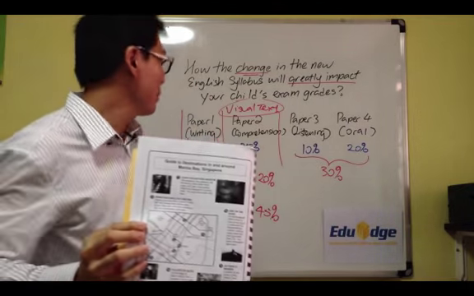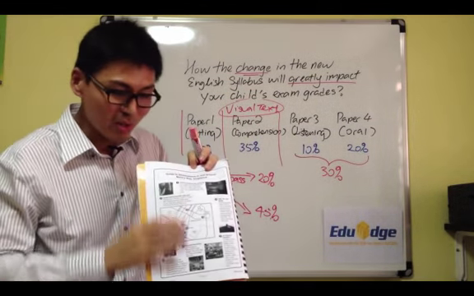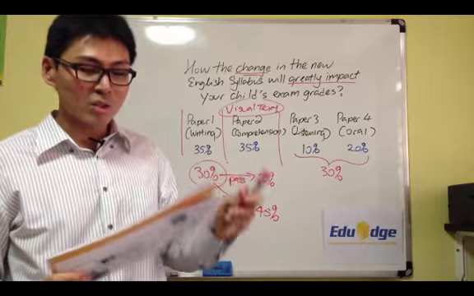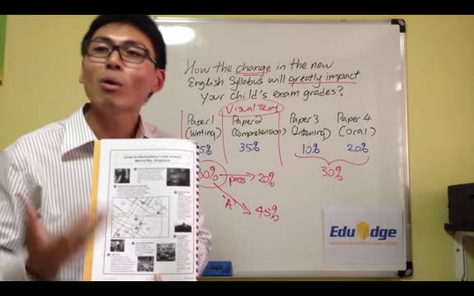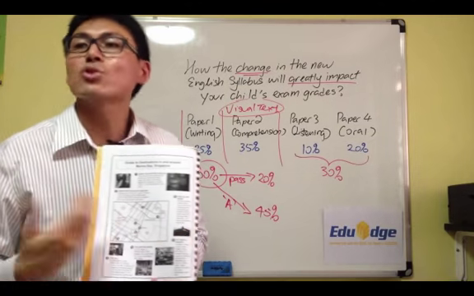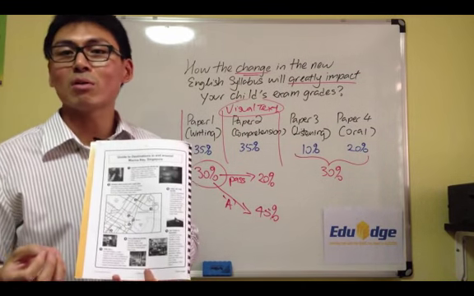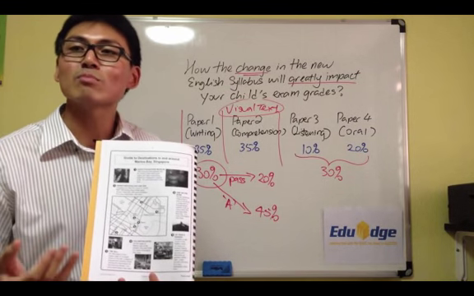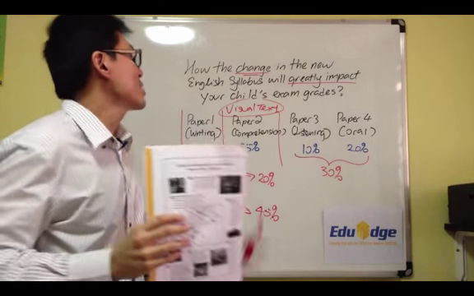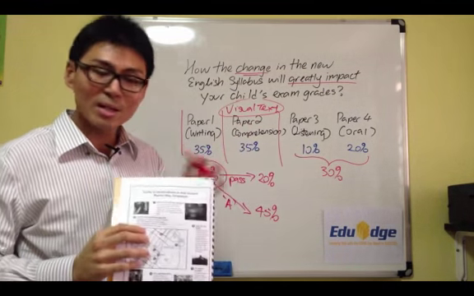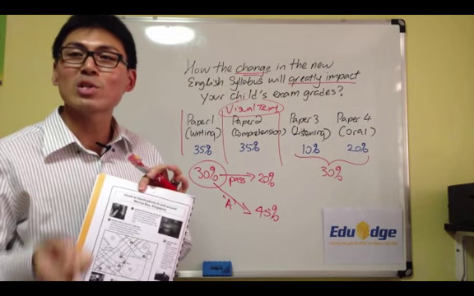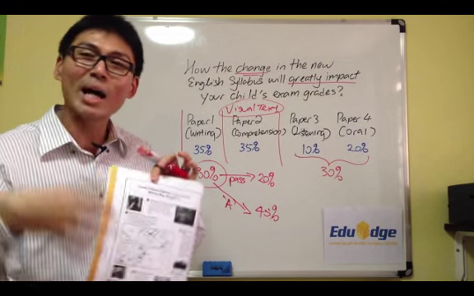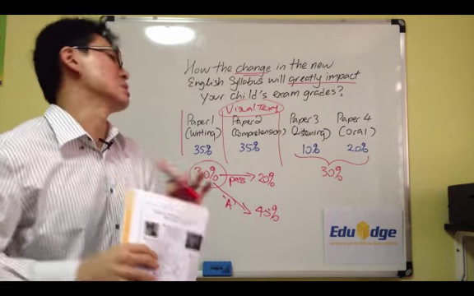Alright, so for Paper 1, there is this inclusion of visual text, and students are actually expected to write perhaps an email, a report, or speech on a visual text taken from an authentic source, such as brochures, advertisements, or posters. Same thing for Paper 2, there is a visual text. So for comprehension, they will typically ask the child questions based on the visual text. Why is this particular word or phrase used, for instance?